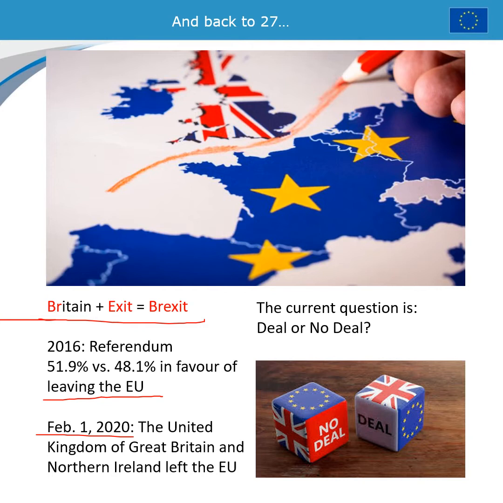So the current question is, it's out of the European Union now, but of course the economies, people's lives, even politics, and of course culture are deeply mixed. They can't be separated just by a formal treaty. So we need a deal. We need a new agreement how the relationships between Britain and the rest of Europe should be from now on. The question is, do we get a deal or do we get no deal, which would be pretty negative, especially for British people themselves.